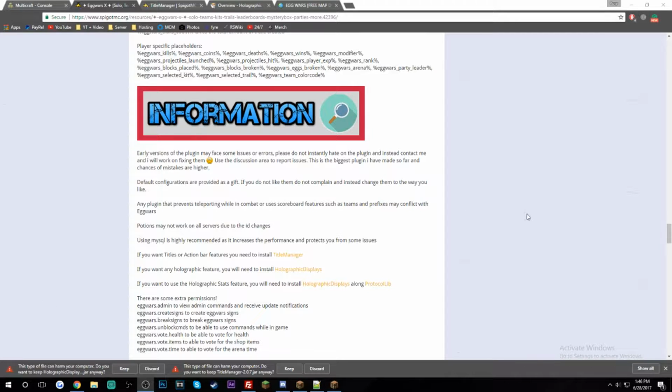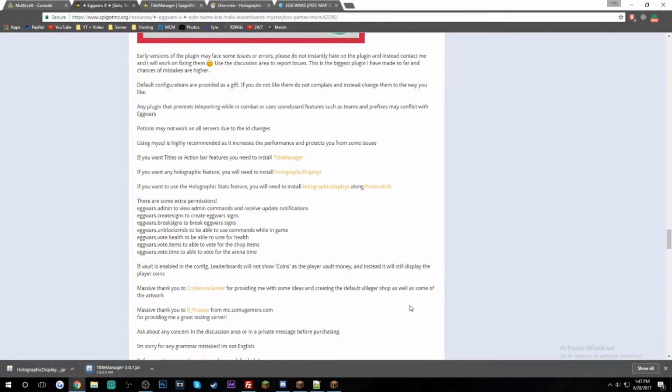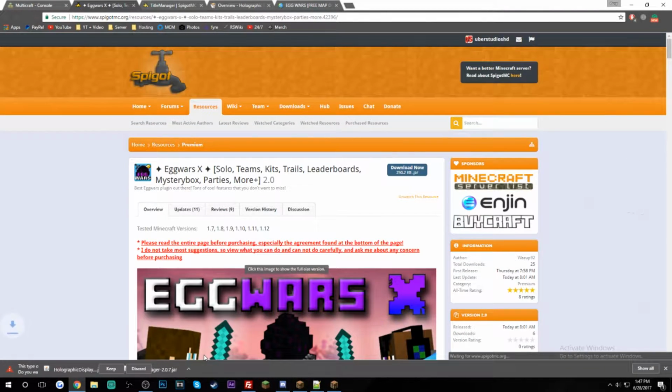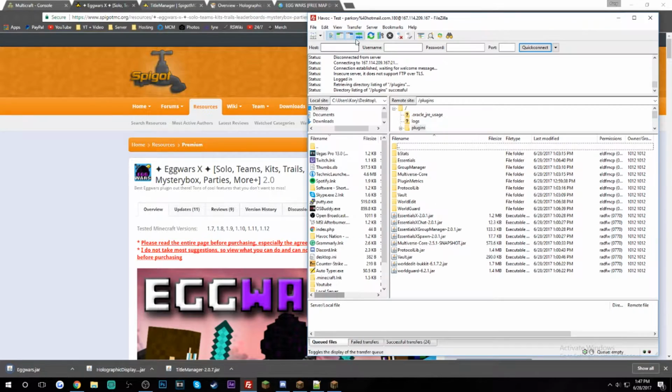Alright, after you buy the plugin, you're going to scroll down here, information. This is very recommended to do, so you're going to go download these 3 plugins: Vertical Lib, Holographic Displays, and Title Manager onto your server, and then you're up here, you're going to go click download now, and then you're going to open up your FTP,